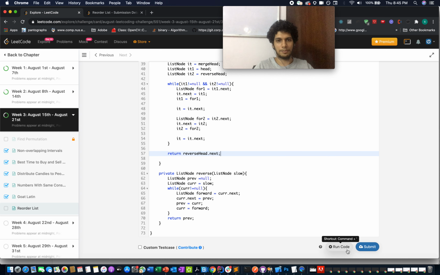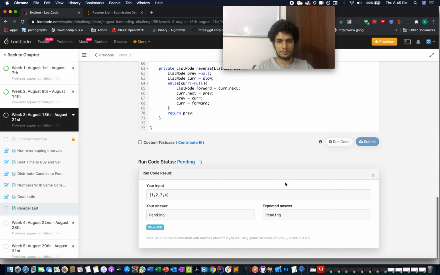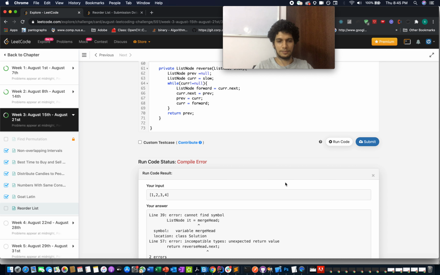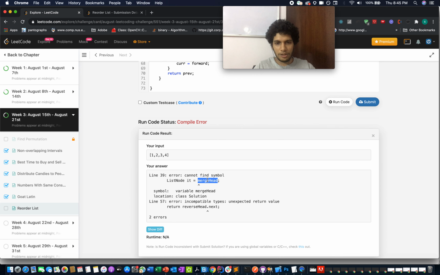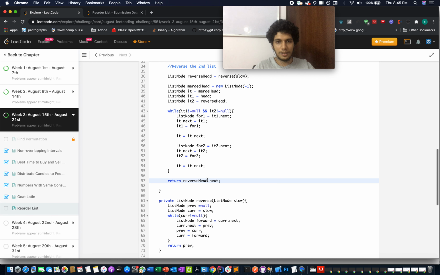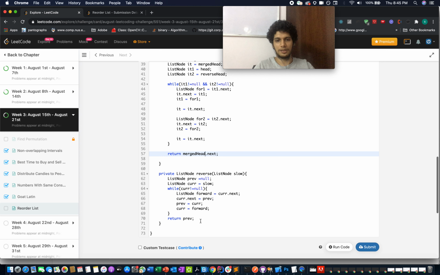Let's try this out. Cannot find symbol merge head. Okay, I think I made a typo here, and this will be merge head dot next.